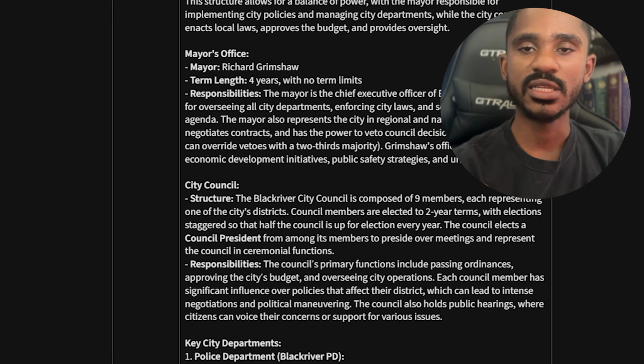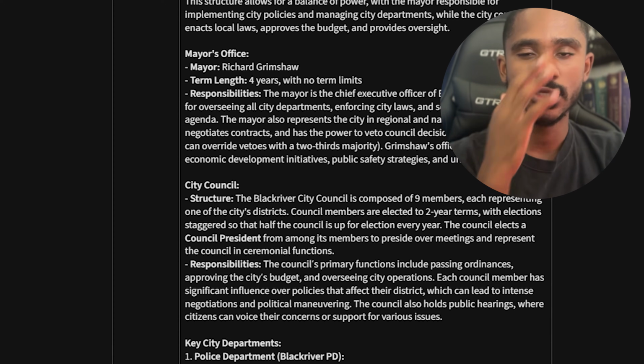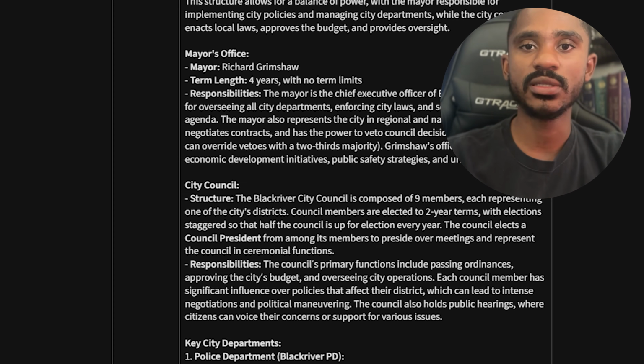Went through government and politics. I'll probably not spend too much time on this. Who wants to talk about politics? It's pretty boring, but in the context of the city, it's unique in the sense of its mayor can potentially run until they die, as long as they keep getting reelected. So that's one of the plot points in the book.